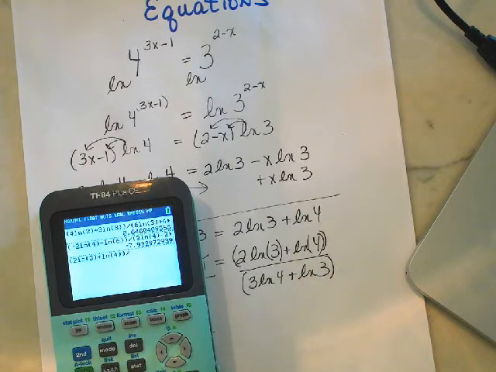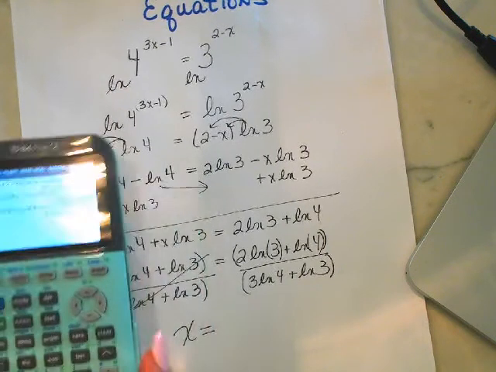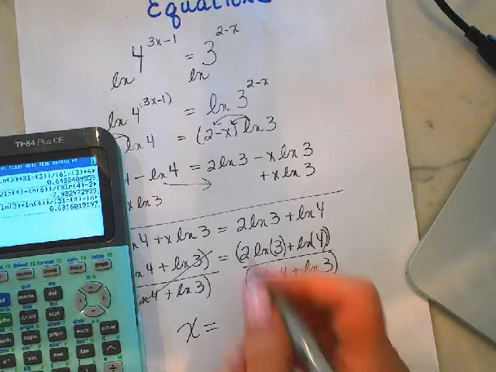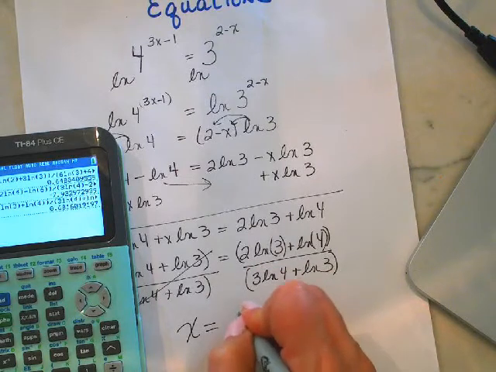So double parentheses there, divided by parentheses around the denominator, 3 ln, there goes my pop-up of parentheses, close it off, plus ln 3, close, close. And the answer is, I'm going to take this to the nearest hundredth, which is 2 decimal places,